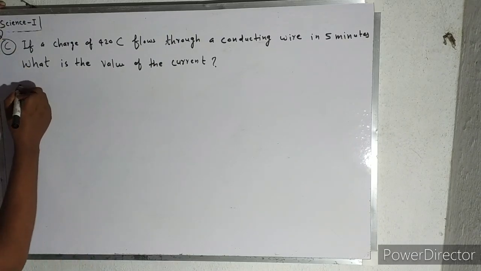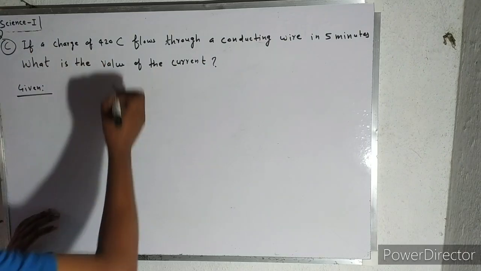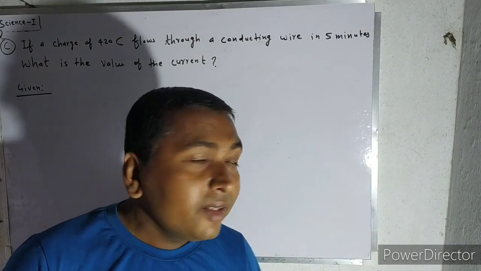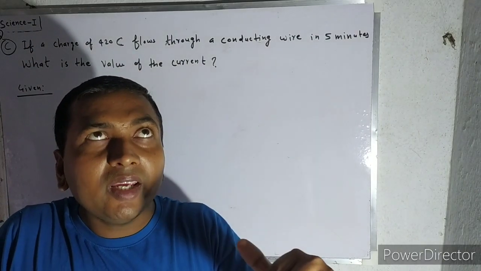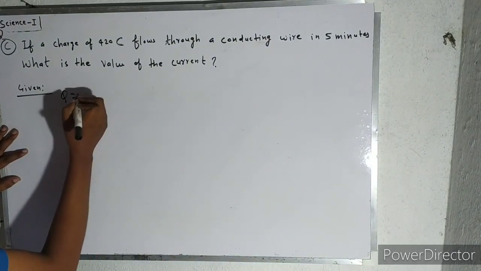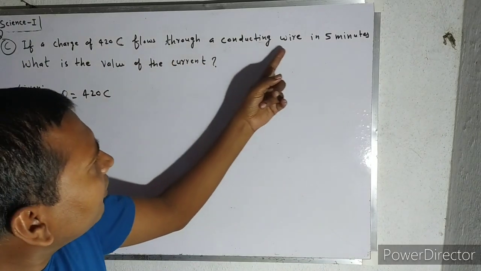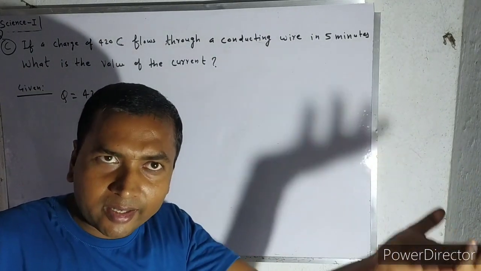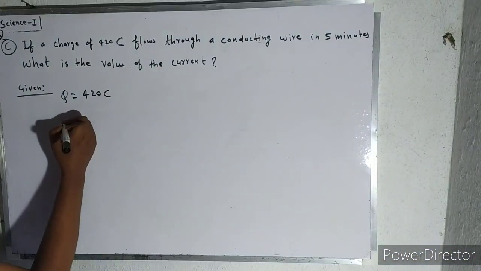Given: if a charge of 42 coulombs, listen, how will you find the given data? The unit is C, meaning coulomb, and coulomb is the unit of charge. It means charge Q is equal to 420 coulomb, through a conducting wire in 5 minutes. 5 minutes is obviously time. We measure time in seconds, minutes, hours, etc. So time is given, that is T is equal to